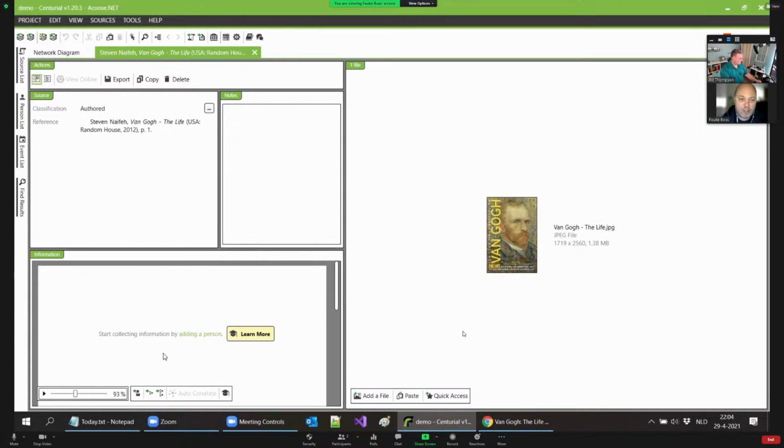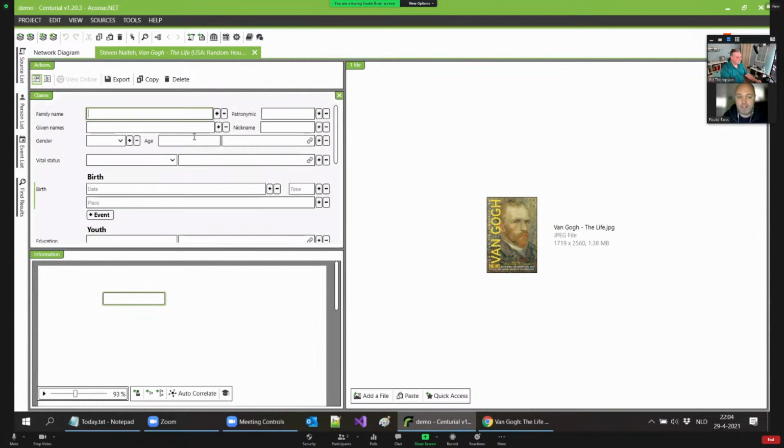So we're just going to focus on this particular source and not going to be bothered about all the other sources that we might have. We will do that later on. So in this case, I don't have the book around, but let's say I'm guessing that on page 1, Vincent van Gogh is introduced. So probably it has his family name. It probably has his nickname or the name everyone knows him by, Vincent.